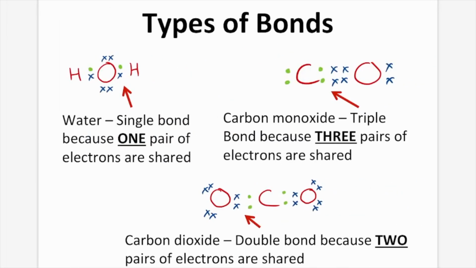So as we just went over, there are 3 kinds of bonds. There's a single bond, where you have 1 pair of electrons. For example, water has a single bond between the H's and O's. We can have double bonds, where, like in our carbon dioxide on the bottom here, we have 2 pairs of electrons, 1, 2, 1, 2, and we can form a triple bond. For instance, carbon monoxide, where we have 1, 2, 3 pairs of